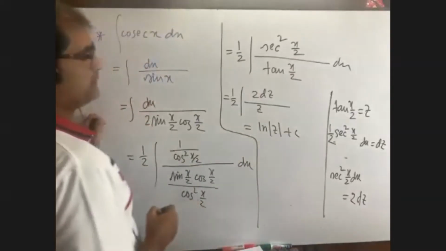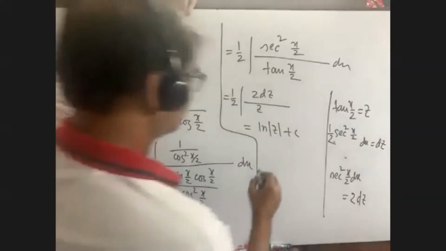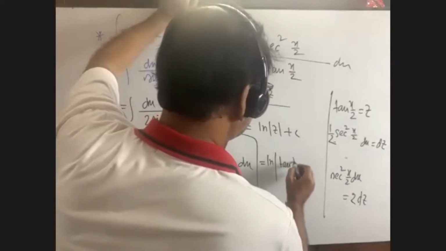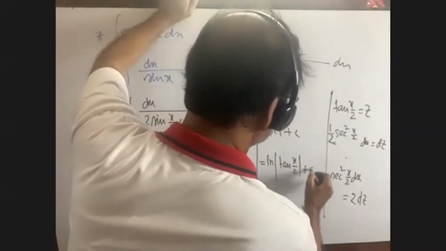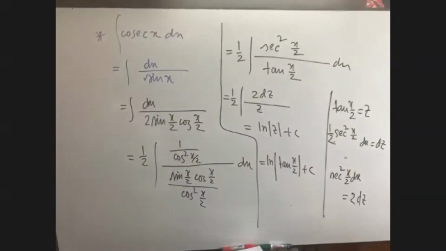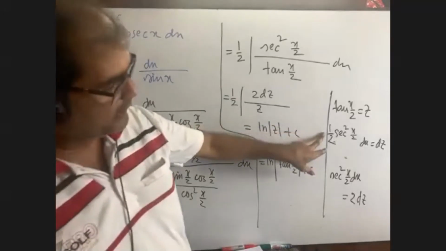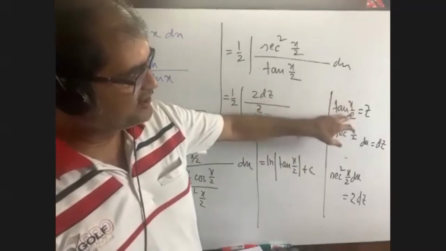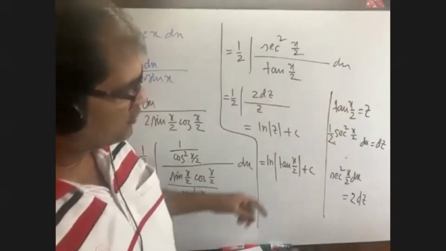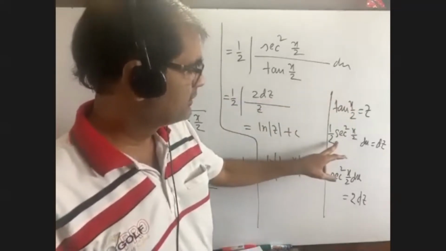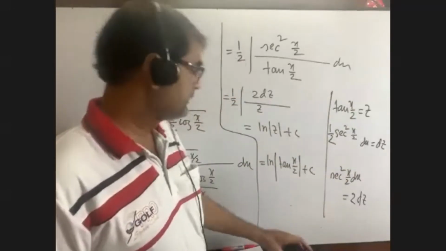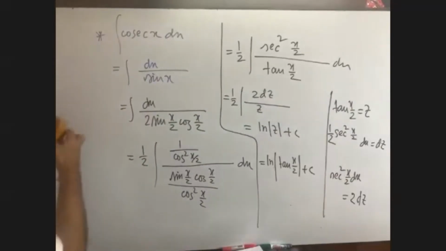What is the value of z? Tan x by 2. So our answer is ln tan x by 2 plus c. We have got our answer. Please pay attention. We are mistaken here. Actually it is differentiation, so the coefficient of x, which is half, will be multiplied. As we are doing so many maths on integration, we are about to forget differentiation, right? Okay, I think you have got it.